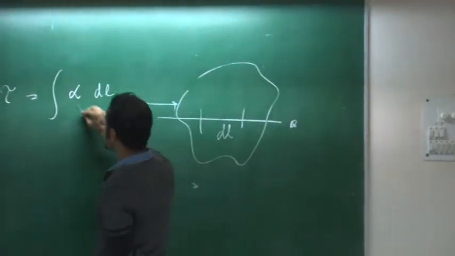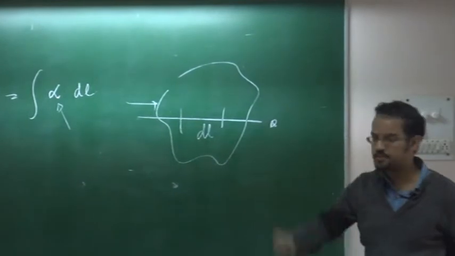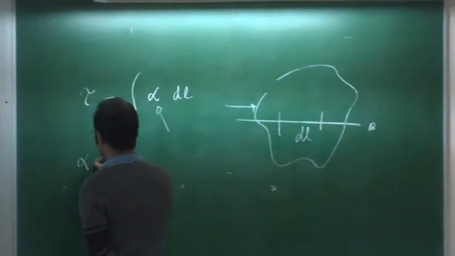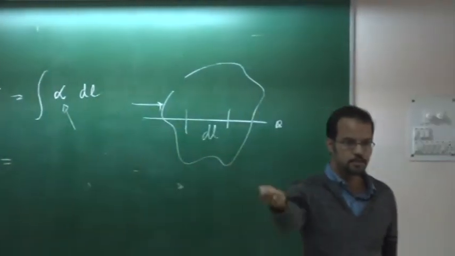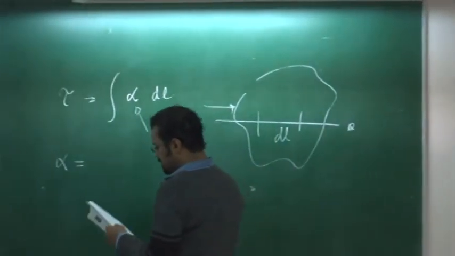And this alpha is the absorption coefficient, so it's the integrated effect of that. Now, alpha will depend on the cross section of the particular process through which this absorption is taking place. So this is given by